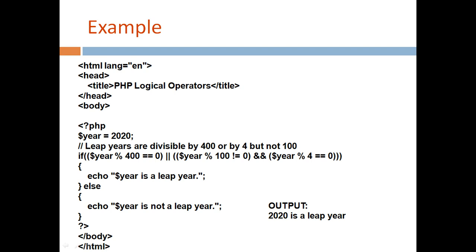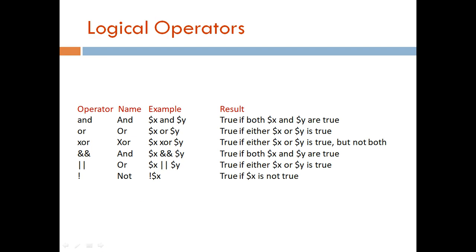These two AND forms have the same functionality. Similarly, OR and this. XOR and NOT are different, whereas the other two remain the same. The functionality of AND is if both the inputs are 1, then the output is also 1. That is, if both conditions evaluate to true, then the output is also true. Whereas in OR, if either of the inputs is true, then the output is true, unless both are false, in which case it returns false.